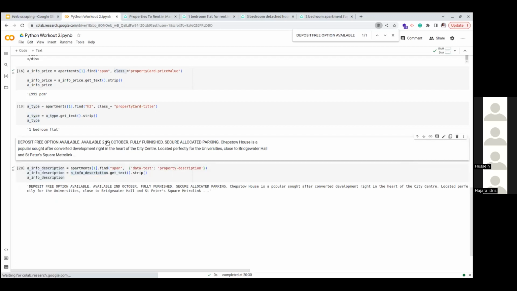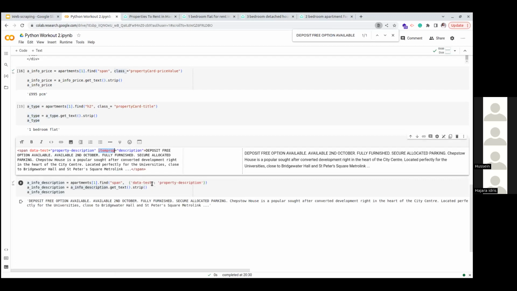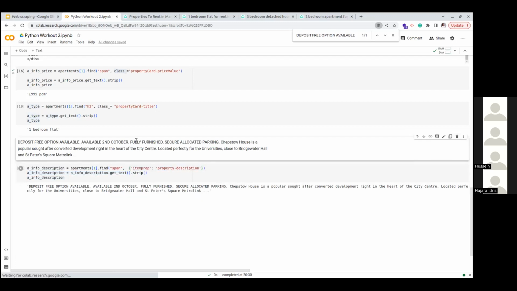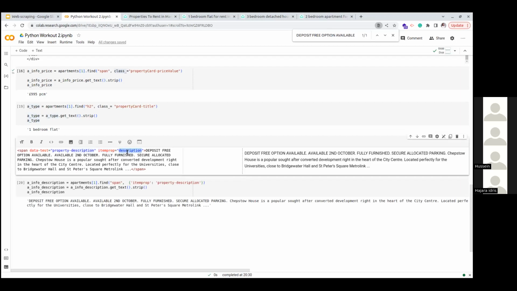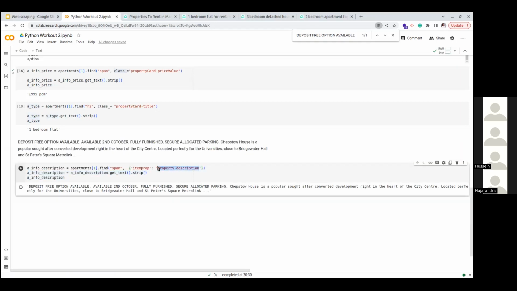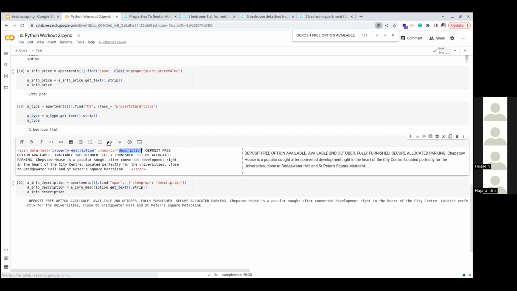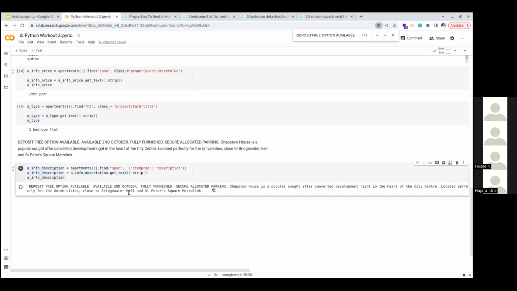Just to prove that it can be anything here, every time I leave that thing, it's because it's interpreting the HTML inside the span. So I say find the span that has this property, and you see that it's the same thing. So it can be either of them. You can pick any property and then return it. So that's basically how we've done it for just one.